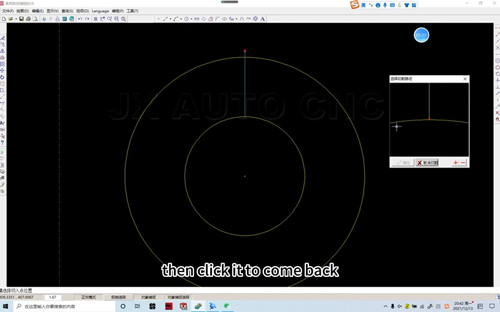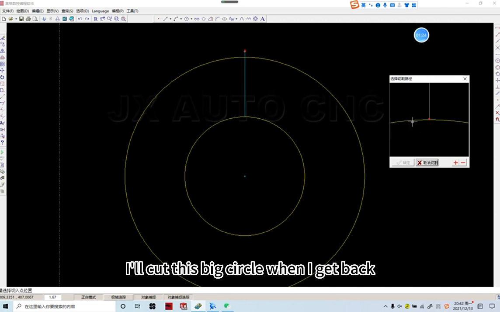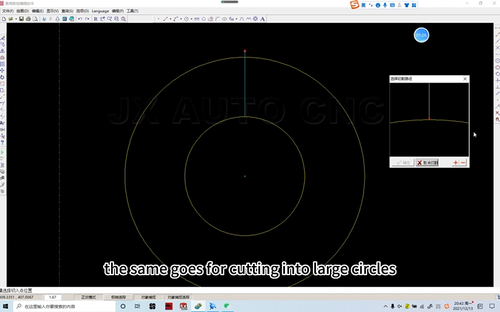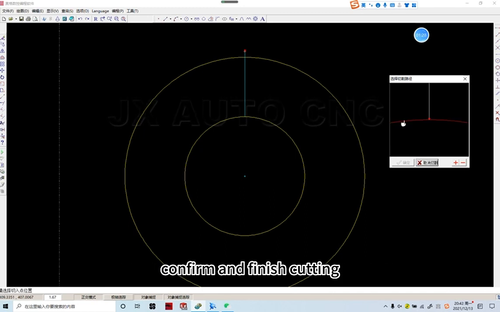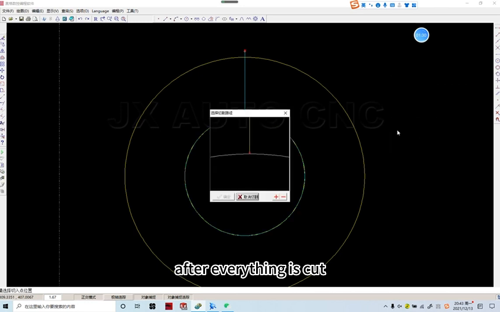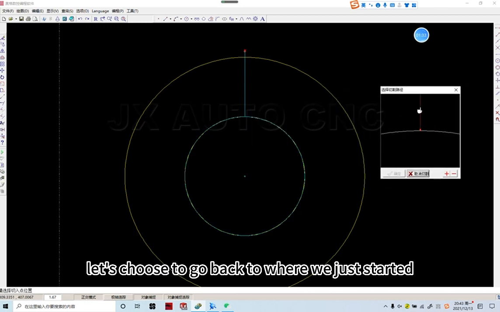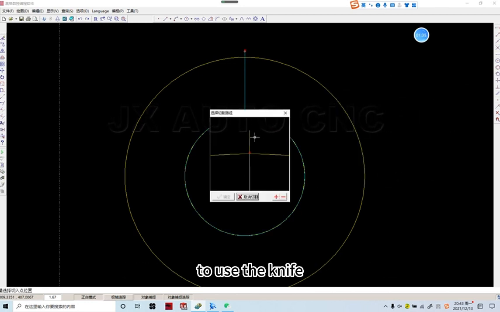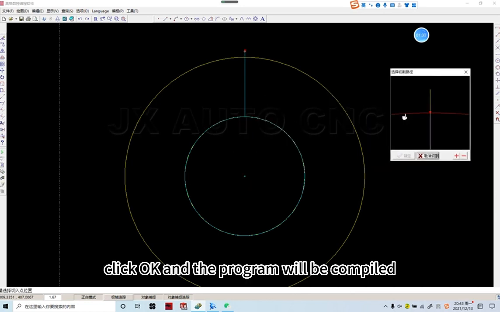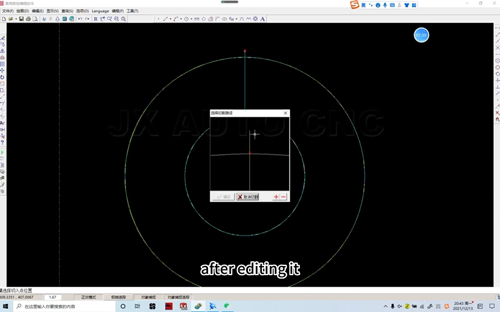Then click it to come back. I'll cut this big circle when I get back. The same goes for cutting into large circles. Confirm and finish cutting. After everything is cut, let's choose to go back to where we just started to use the knife. Click OK and the program will be compiled. After editing it,